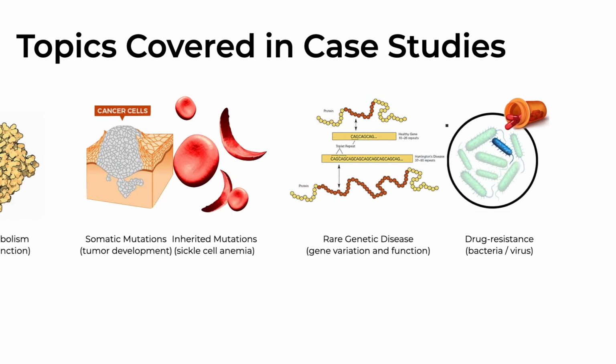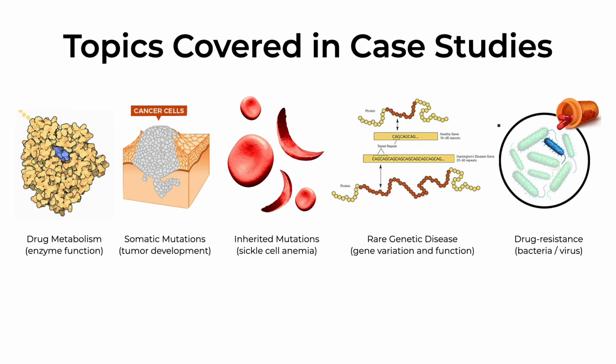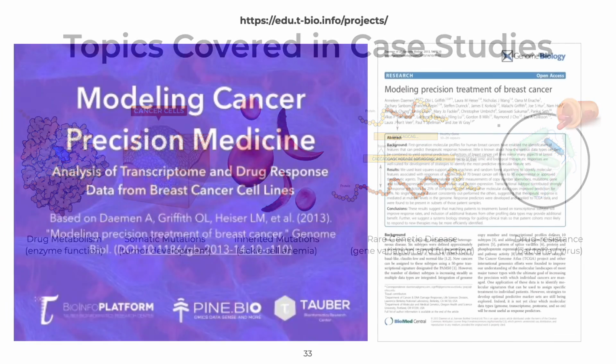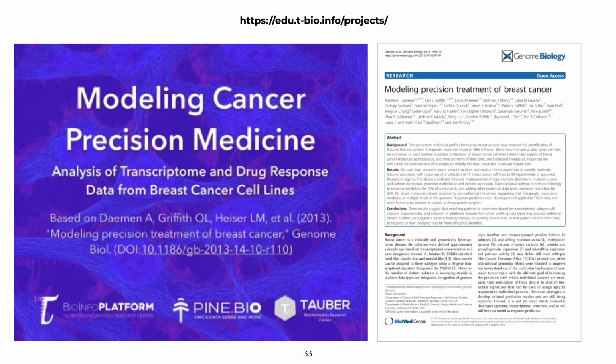Some of them have to do with drug metabolism, identification of somatic mutations in tumor development, inherited or germline mutations like sickle cell anemia, rare genetic diseases, as well as drug resistance associated with different types of antibiotics and pathogens. Oftentimes, just by reading the abstract, you get a good grasp of how bioinformaticians can use such data to